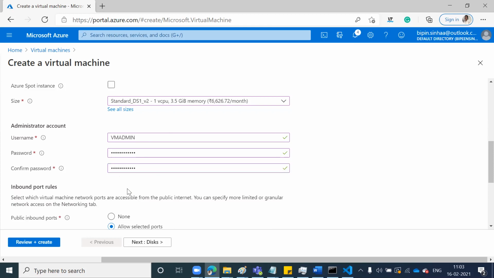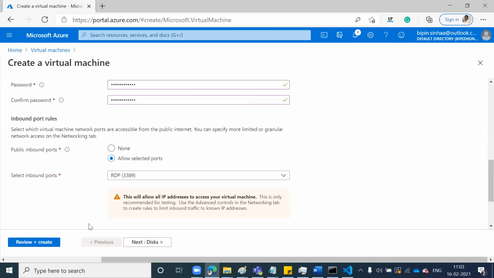All right. Now it is going to ask how you want this server, which you created, to be connected from outside. The first port it opens is RDP, remote desktop protocol. But let's say I am planning to install a web server also, which means I am planning to host my website.